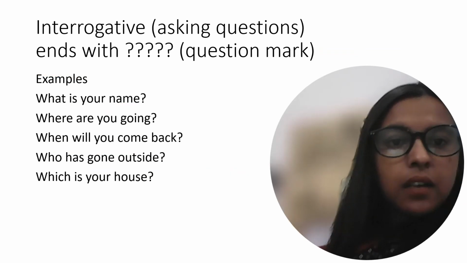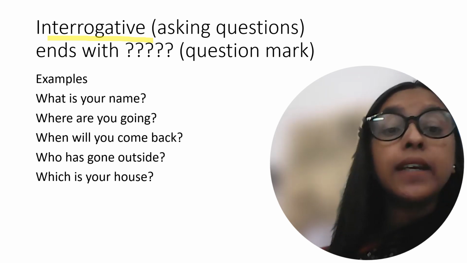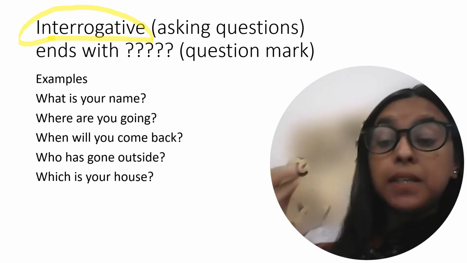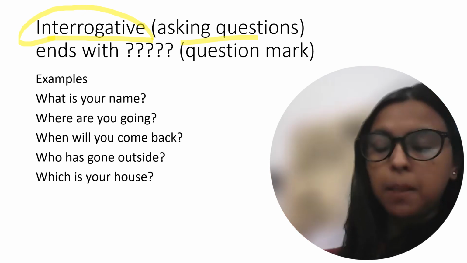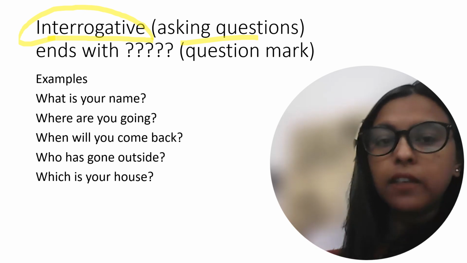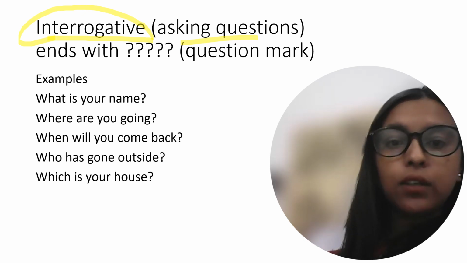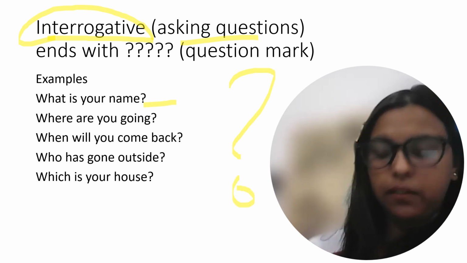In this, we are talking about interrogative. This is the second type of sentence where you get this term interrogative. Interrogative, it means just think that interrogative, asking questions. Simple, nothing else, nothing more, nothing less. It is just interrogative means you have to ask questions. So at the end of the sentence, you will be getting question mark. So that is your interrogative.